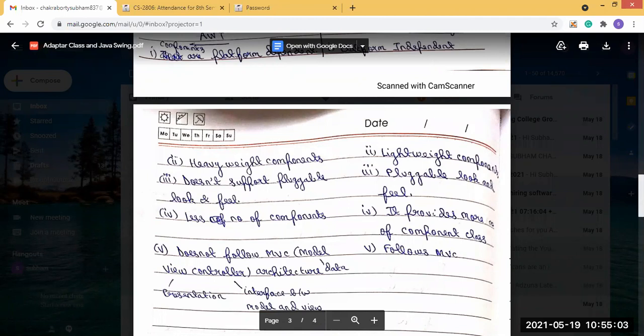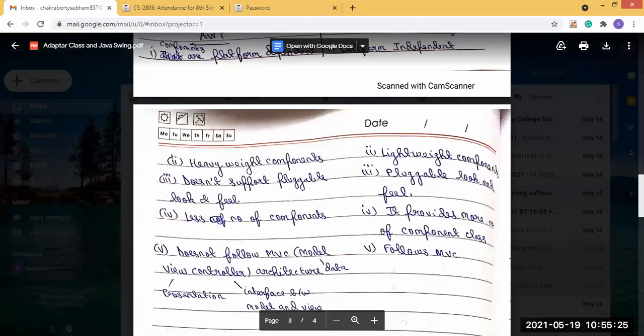Controller is the interface between the model and the view.